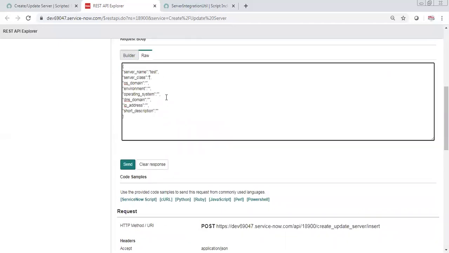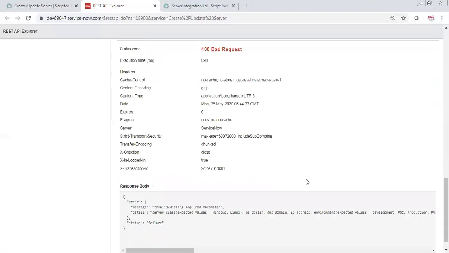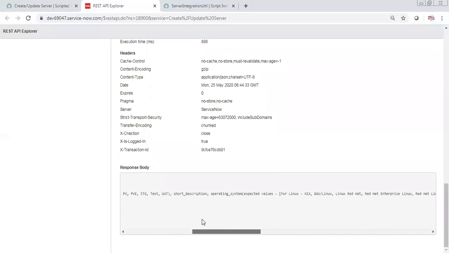So now if I put here Windows, and then OS domain maybe test, then environment I will put there, operating system I will copy one from here, for Windows it should be this.